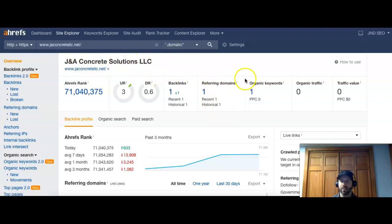And if you think of the internet just as kind of a popularity contest, whoever has the most votes is going to get the most attention, the most views, and so on, right? So right now you guys have one referring domain. That's a website that has a link on it that will bring you back to a page, which would be J&A Concrete Solutions. And so here's the one domain, and it's got one link on it, which is sending you